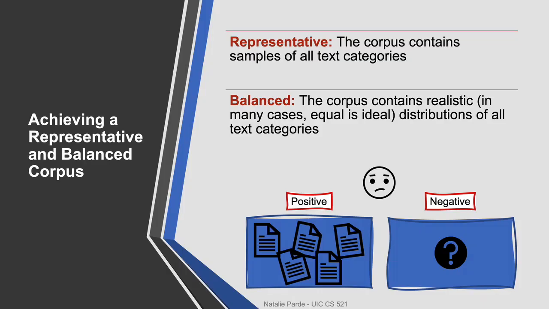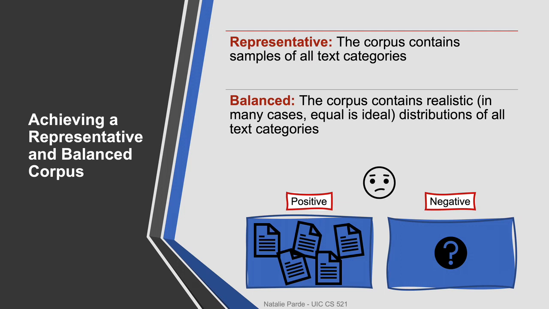As mentioned already, regardless of from where you source your data, you should try to ensure that it is both representative and balanced with respect to your end goals. In a representative corpus, the corpus contains samples of all text categories. For example, an emotion detection corpus would have samples of happy, sad, angry, frightened, surprised, and disgusted text. In a balanced corpus, the corpus contains realistic distributions of all text categories. For example, an emotion detection corpus should have approximately equal percentages of happy and sad text, rather than 100 times more sad samples than happy samples, unless for some reason you would realistically assume to have that kind of distribution